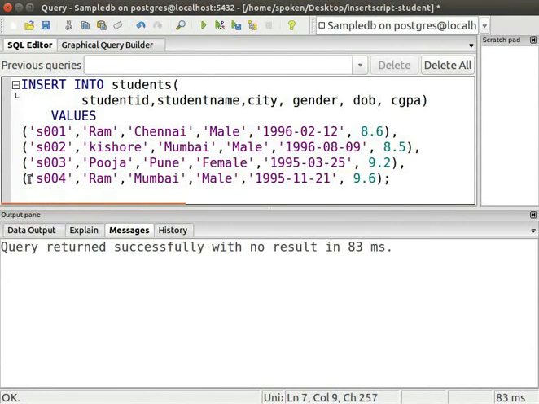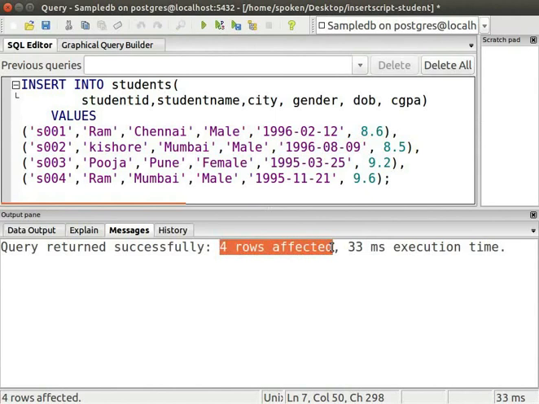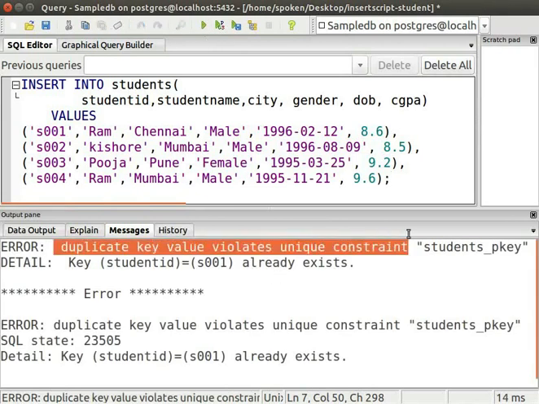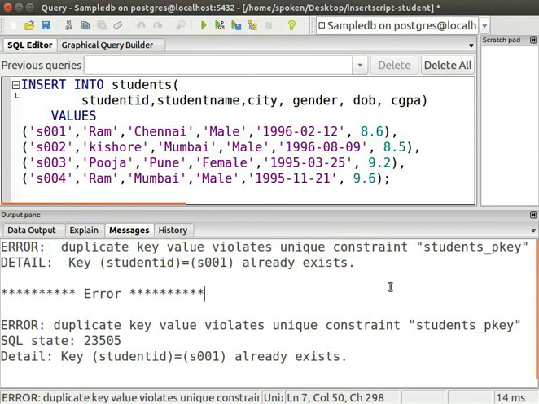Note, there is no duplicate row of data. Now execute the query. We can see that 4 records have been successfully inserted. What will happen if you try to insert the same set of data into the students table again? Let us try that. Execute the insert statement one more time. We can see the error message, duplicate key value violates unique constraint. It shows an error which indicates the duplication of data. Hence, the primary key helps to avoid data redundancy in a table.